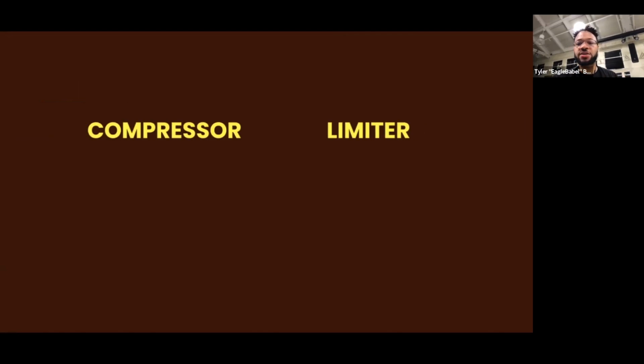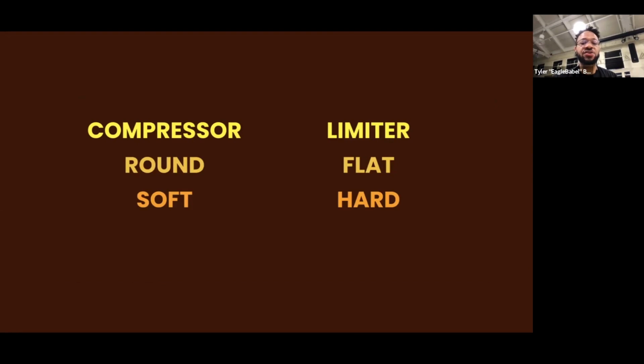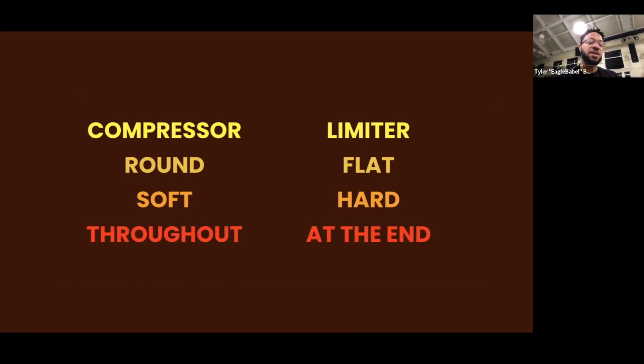So you got your compressor and your limiter, AKA one is round, one is flat, what it does to sound. One controls peaks in ways that are soft, the other controls them in ways that are hard. One you usually use throughout the mix and the other you usually use at the end of the mix. Usually, you can use these however you want. They're your tools. So you can do whatever you want with your tools, but these are pretty much the conventions